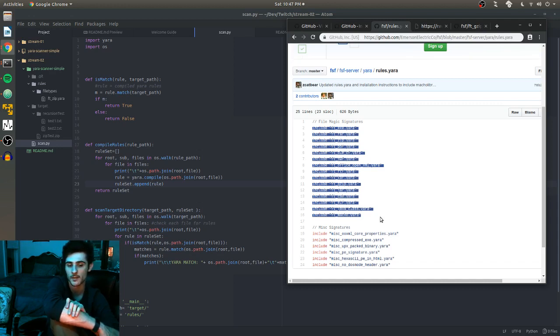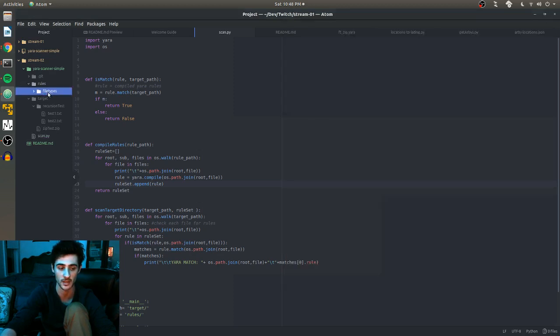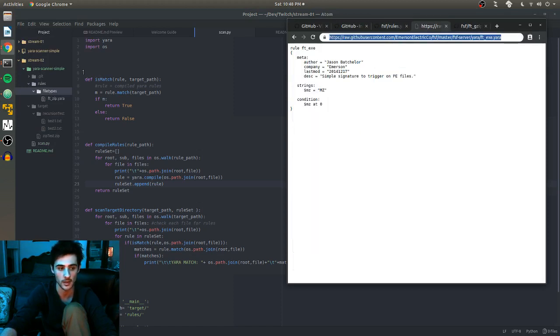You would never want to scan for, let's say you're looking for phishing emails, you probably don't want to be scanning for, I'm trying to come up with a good example. You wouldn't want to have your whole library be filled with malware research if all you're looking for is a phishing email. So having some type of configuration to avoid that would be good, because this could get large. But for right now, I think I'm just going to have them categorized like this, and have each one that I want in there. So we're going to go back to that raw, and then in the terminal,